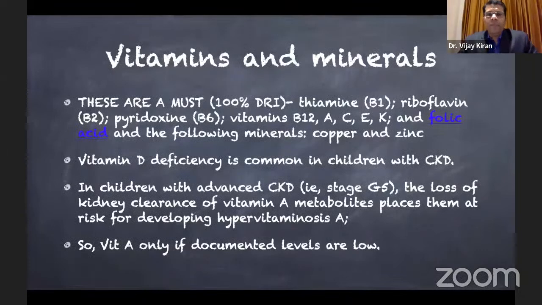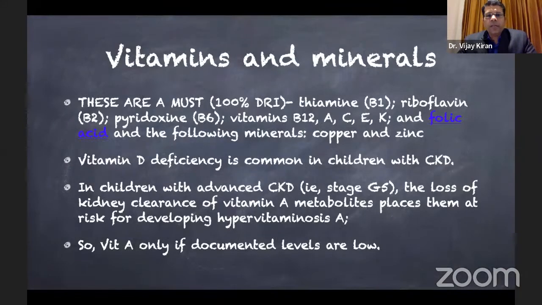Now coming to vitamins and minerals, these are a must. Almost 100% of the daily requirement has to be given. Thiamine, riboflavin, pyridoxine, and all have to be replenished. And even the micronutrients like copper and zinc are also very, very important. Vitamin D deficiency is very common in children, especially with chronic kidney disease, and this has to be monitored and